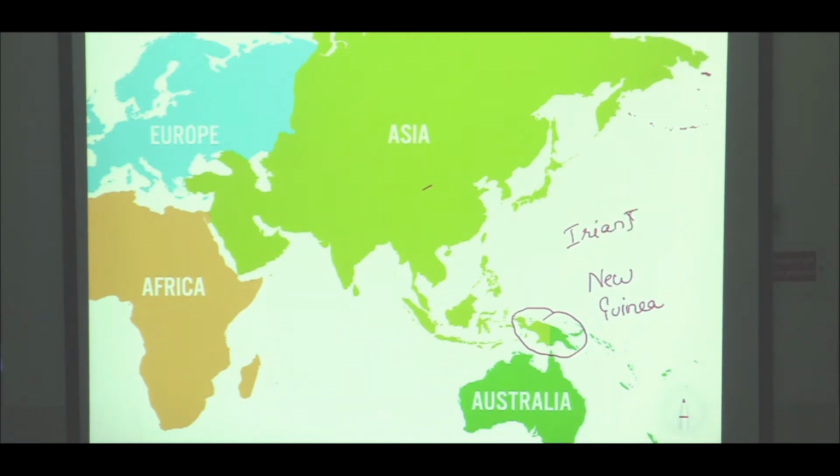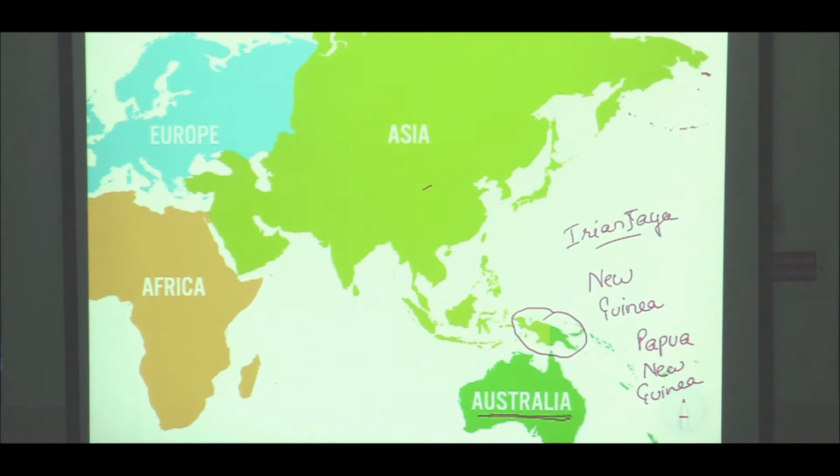Irian Jaya is part of Indonesia, and the dark green part which is colored with Australia is called Papua New Guinea, which is an independent country. And precisely, we have attempted one question on this. If you can recall, we have taken a question on the newest country to be developed, that is Bougainville, that will, with the referendum, be separating out from Papua New Guinea.